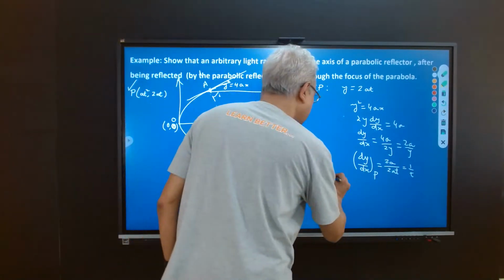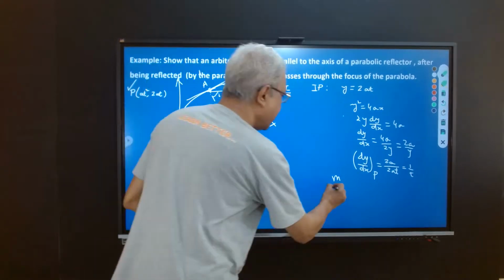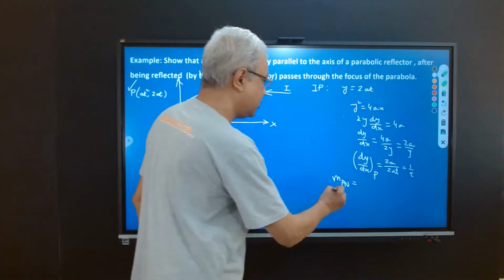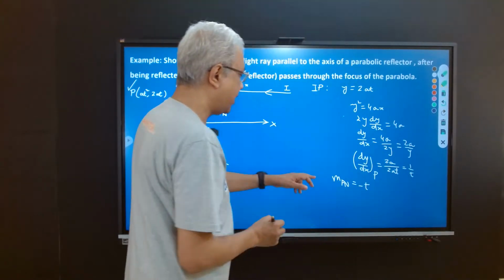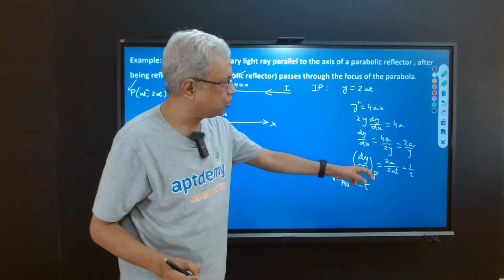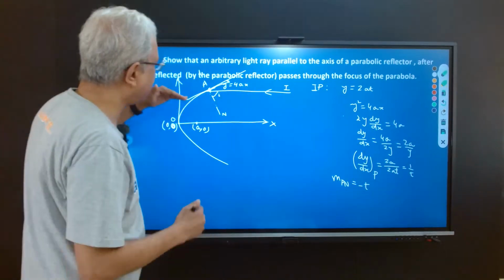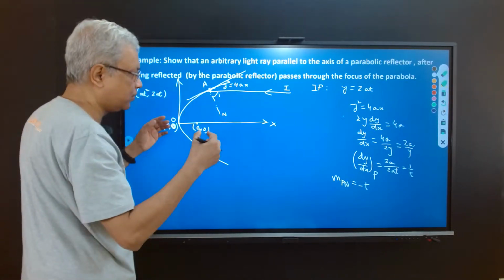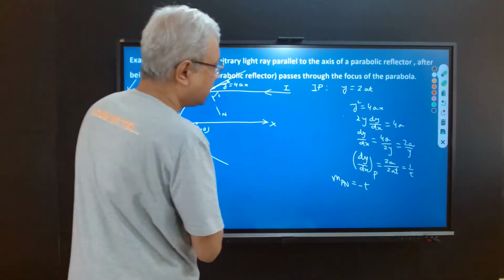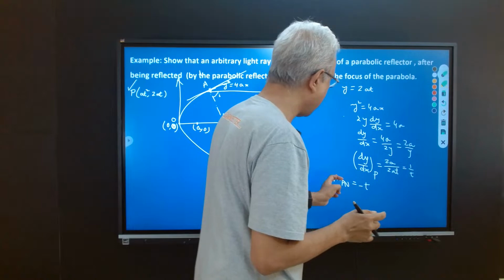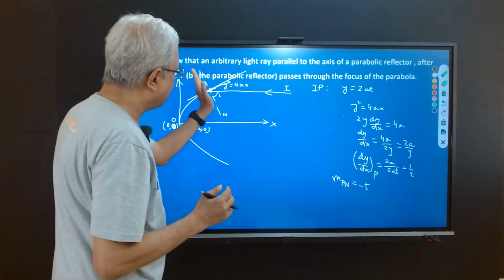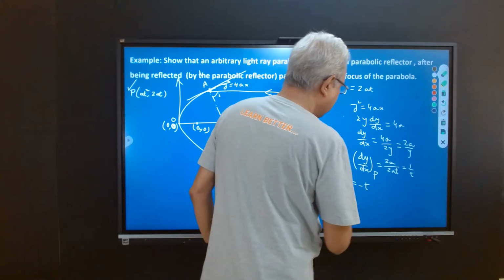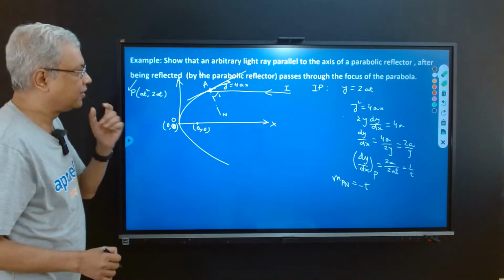So the gradient of line PN, which is normal to the tangent, will be how much? It will be minus t, because m_PN multiplied by dy/dx at P should be equal to minus 1. The tangent and normal are perpendicular to each other, and therefore if you take the product of the gradient of the tangent and the gradient of the normal, it will be minus 1. Since dy/dx is 1 by t, m_PN, which is the gradient of the normal drawn to the point P, is minus t. Alright, then